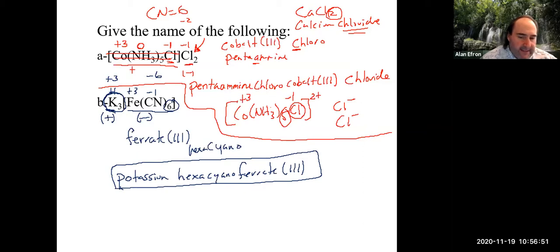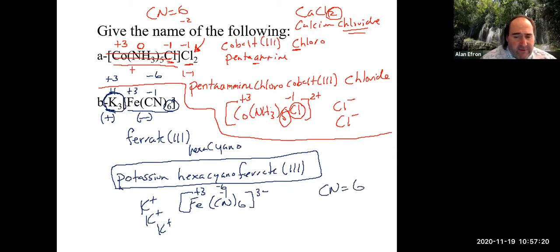Now, if we isolate our complex ion part, just to show you how we got to our counter ion, iron here being +3, CN being -1, gives us an overall -3 for our complex ion. That is, again, why we need not 1 counter ion here, not 2, but we need 3 counter ions to balance it out. And in terms of coordination number here, this would also be 6, as CN is monodentate, and